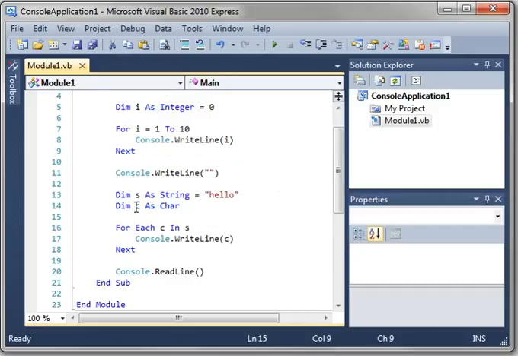So that's the for loop and the for each loop. Now, we'll be using the for each loop much more when we get into collections and lists and arrays, which are